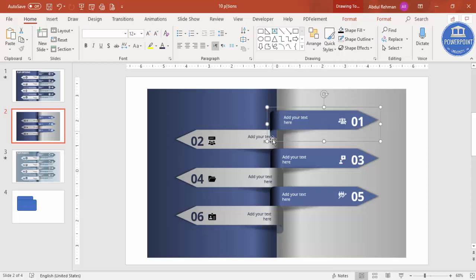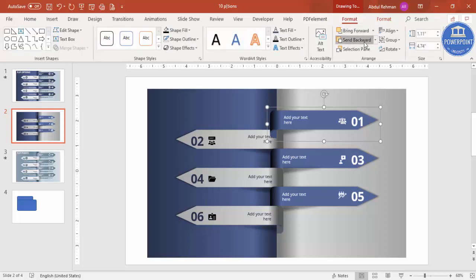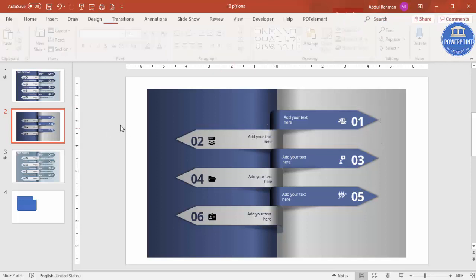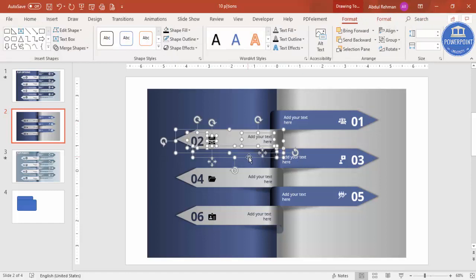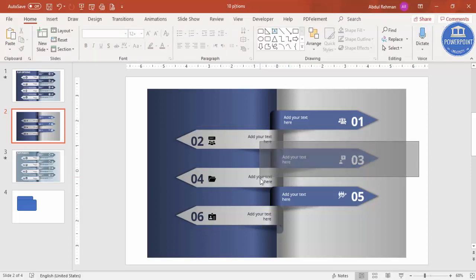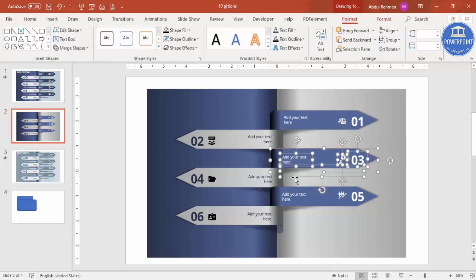G to group it. So you can see it has come to the front, you can just go to Format, and then simply send this to back, or by default when I do this one, automatically that will be taken care of. So let me just select the second option, and again as usual I'm not going to select this particular shadow effect. Press Ctrl G, then I'm going to select the second one. You can see here the third one. Actually, hold the Shift key and untick this one and press Ctrl G,